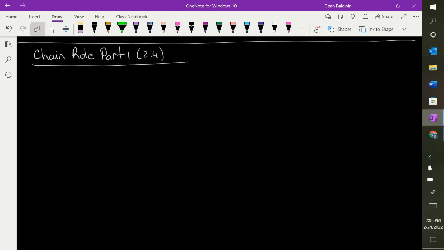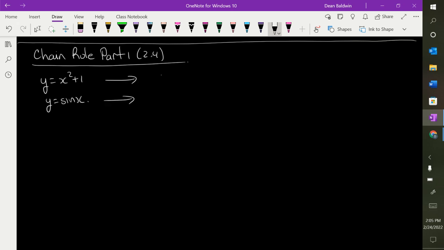Everybody, 2.4 chain rule. So as JM was talking about today, you use chain rule when you have composite functions. For example, up to this point, we've just been deriving functions like y is equal to x squared plus 1, or y is equal to sine of x. These are pretty straightforward and easy to solve, but they become harder